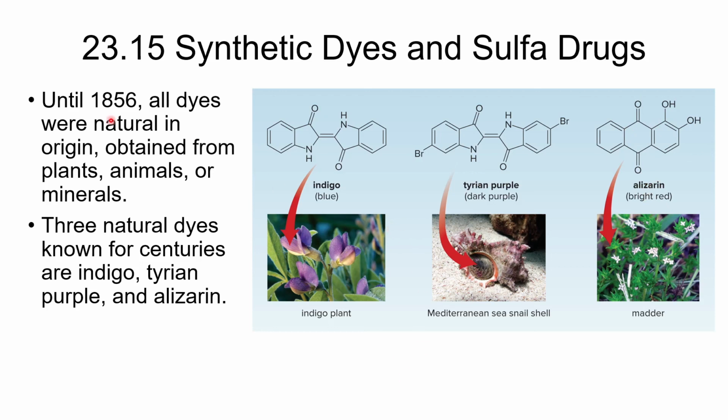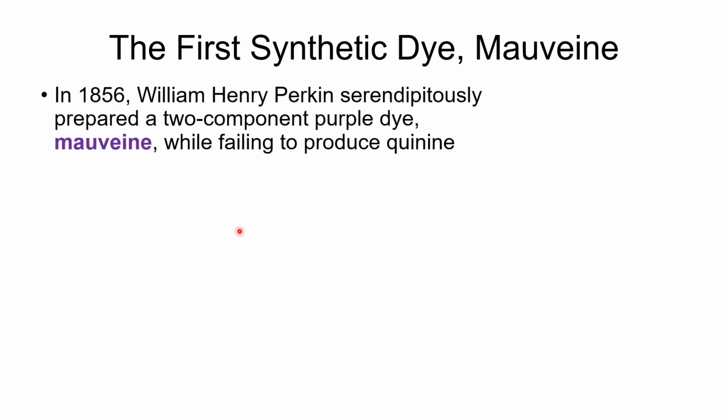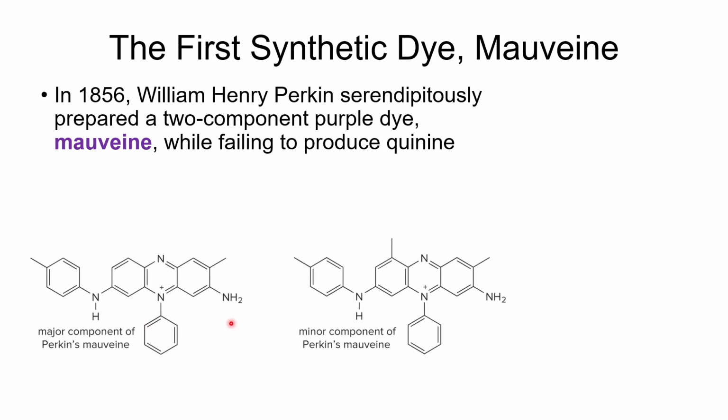And that was until 1856, so the middle of the 19th century. The very first one was called Mauvine, and based on the name, you can guess it was a mauve or kind of purplish color. This chemist, William Henry Perkin, accidentally produced Mauvine while trying to make quinine. And if you look at the structure of quinine, you may be curious how you get from quinine to this, but this is the structure of